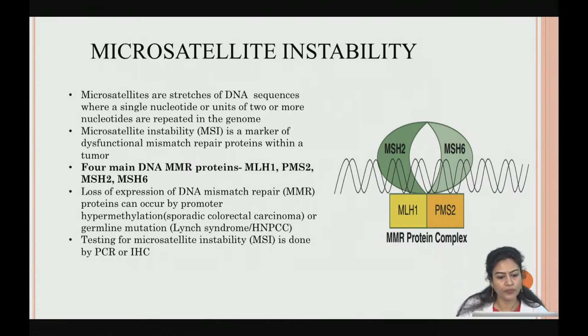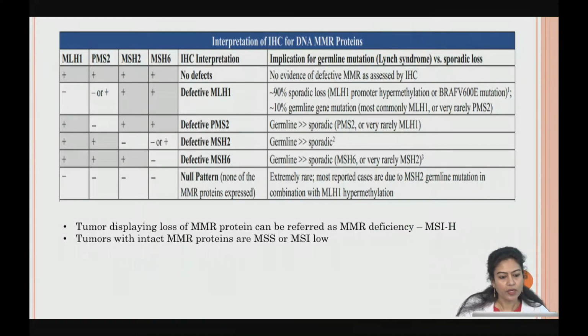Loss of expression of these proteins will occur either by promoter hypermethylation, which is very common in sporadic colorectal cancers, or by germline mutations, which indicate hereditary cancer, or Lynch syndrome, the hereditary non-polyposis colonic cancer syndrome. Testing for MSI can be done by IHC or PCR. In IHC, you can have 6 different patterns of representation, wherein either you have positivity for all the 4 markers, which indicates that there is no defect, or you can have individual loss of one of these proteins,